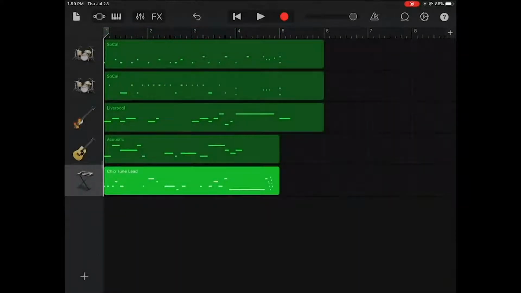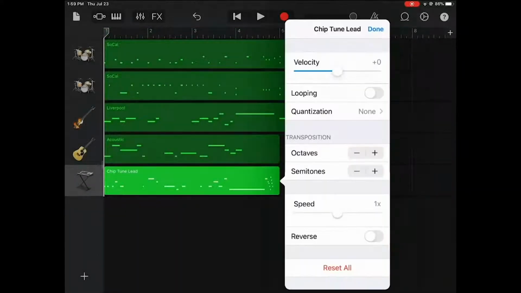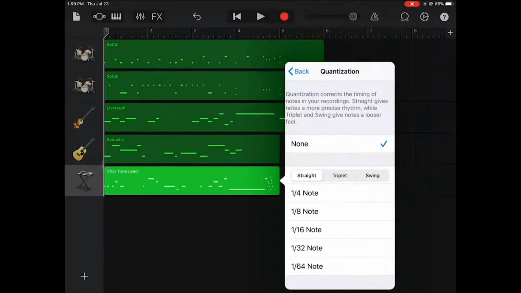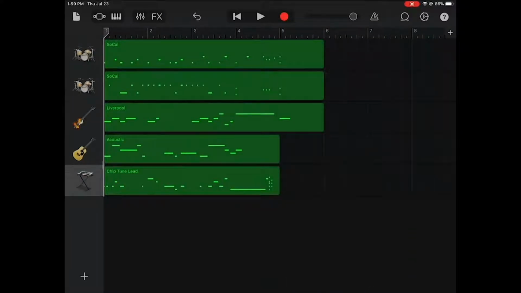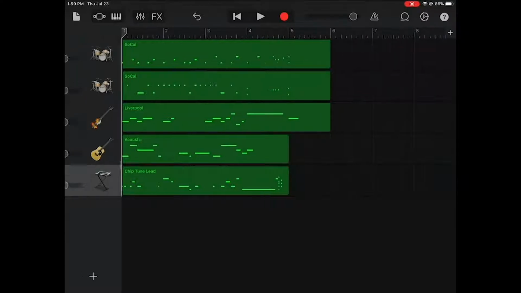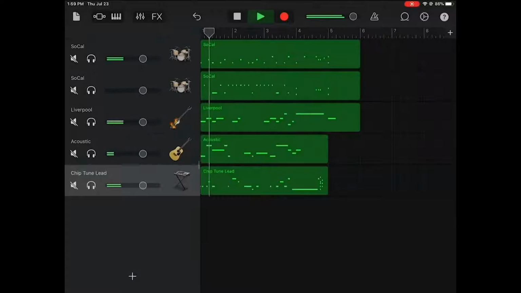Go back to the tracks, and once again I quantize that track, which will get everything in time. But the next problem, it's not really a problem, but something you will have to do is open up the mixing board and adjust the volumes. Do that by sliding that track area to the right with your finger, and then